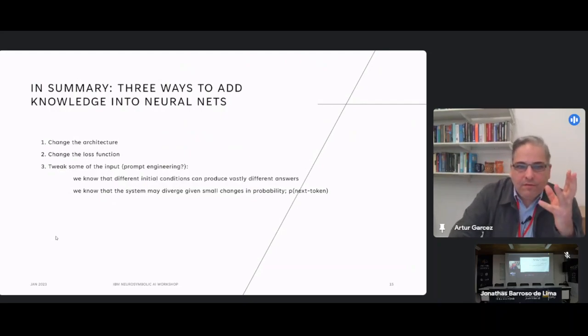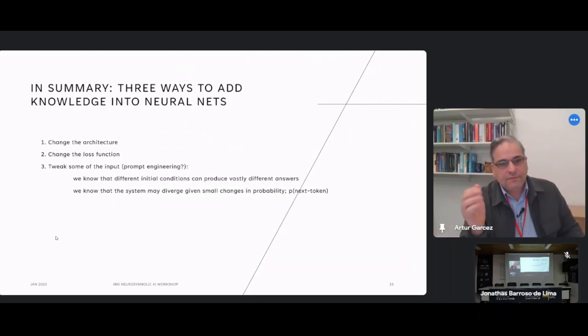So in summary, in my view, now there are 3 ways to add knowledge into neural networks, and we touched on these. It's 1, to change the architecture. 2, to change the loss function. And 3, to tweak some of the input. And maybe that's what prompt engineering is. And although I can see the practical value, I don't think it's something